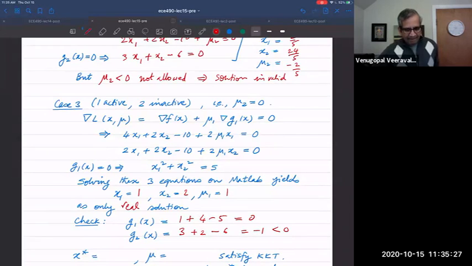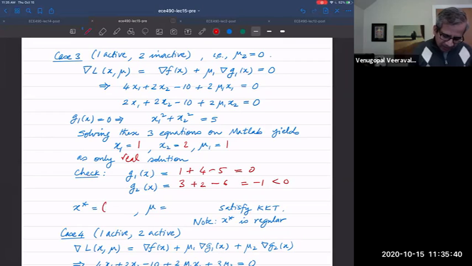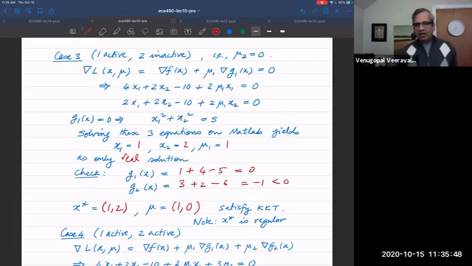Okay. So this solution for x star is consistent with the KKT conditions. So you get that x star equals (1, 2), and mu equals (1, 0), which satisfy the KKT conditions. Now you can check for regularity to make sure everything's okay, and that's not hard to